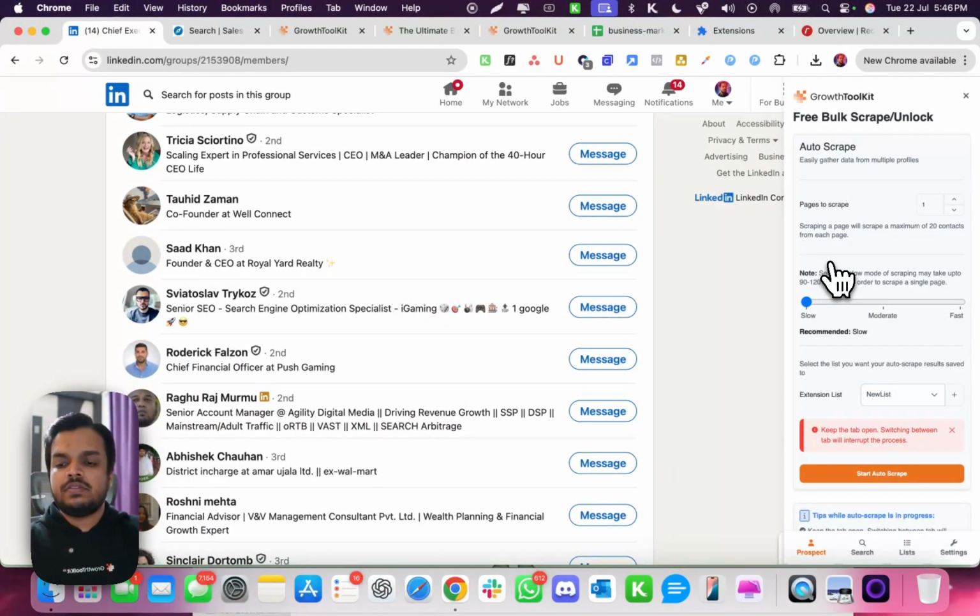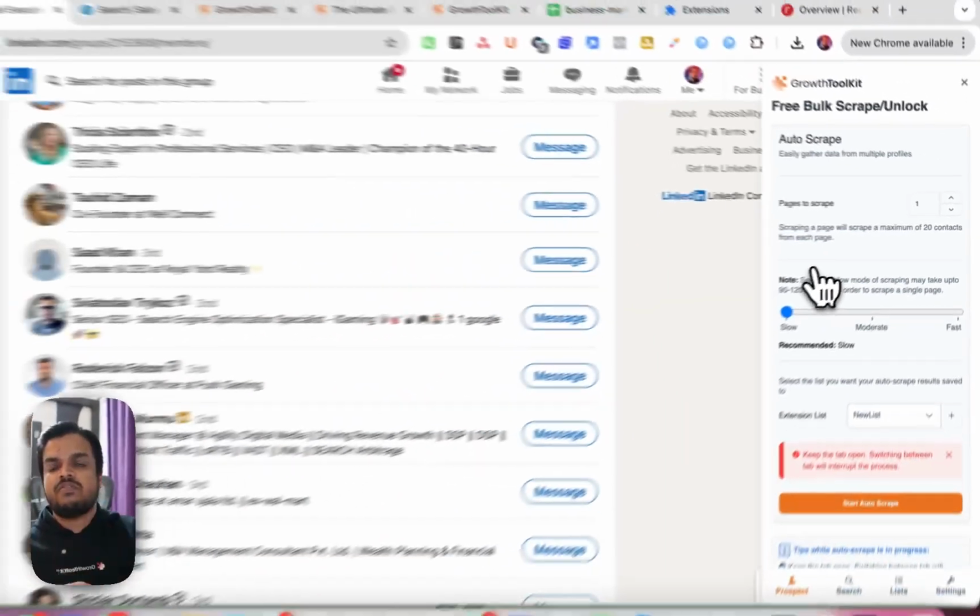So there are multiple different ways through which you can scrape bulk emails and phone numbers which are 100% verified